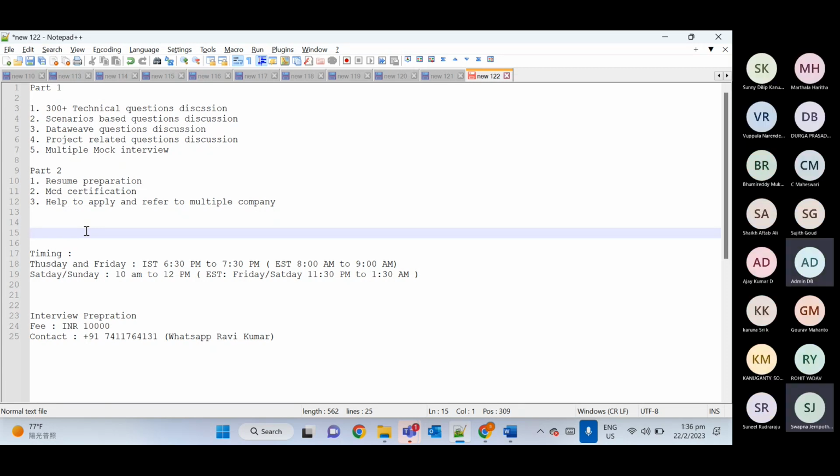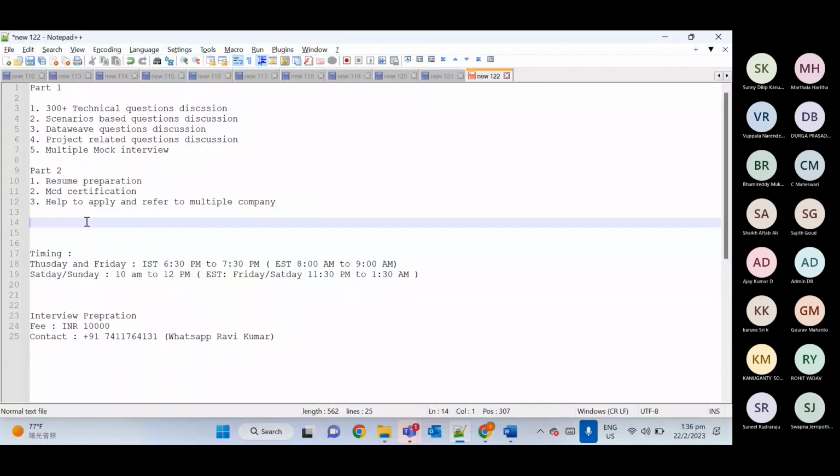Can you provide any sample projects to mention in our resume? Whatever three projects you will work on, you will use all those three projects, and those projects are completely real-time projects. You will do hands-on work, so you will have complete in-depth knowledge about that project. Okay. Thank you, Ravi.